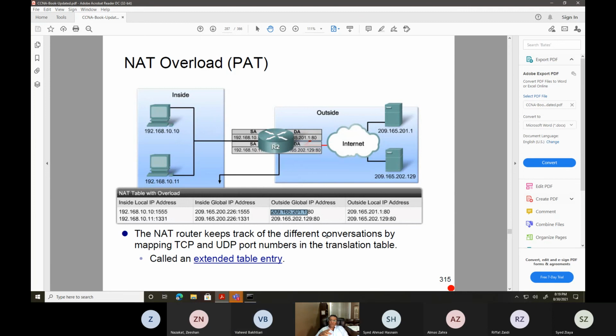Outside global is never inside. Look at this diagram. Outside is where your internet is. So anything on the internet has to have a public IP address. So that's what they're showing you here, outside global. Yeah, I understand, but if the data should move from inside global IP address to outside global IP address, it should be sitting in the same range. Otherwise, you need to have some kind of routing.